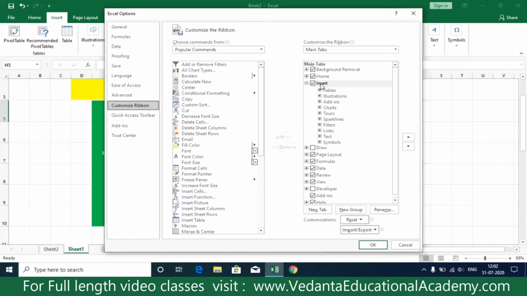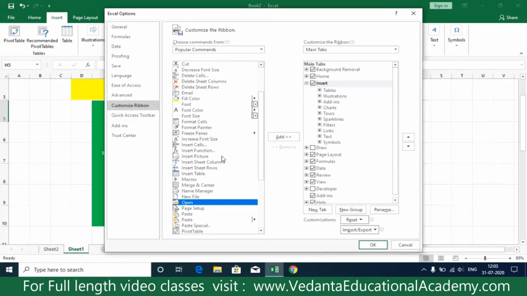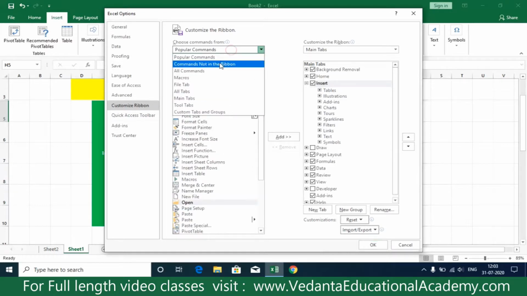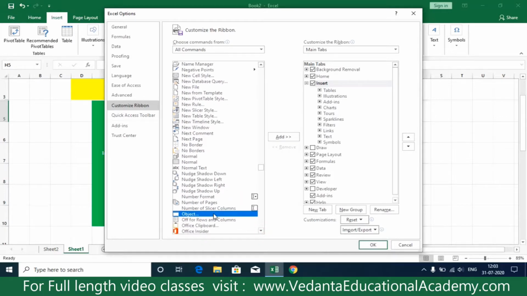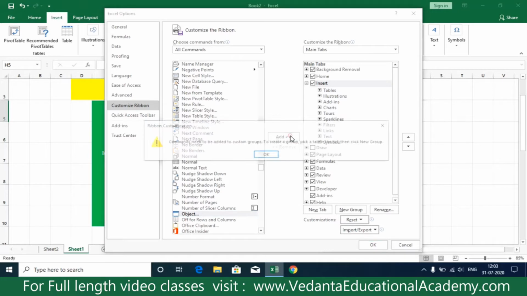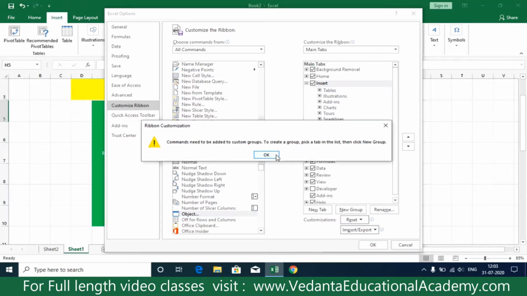Once Insert is selected, from Not in the Ribbon, or All Commands, select Objects. Once you find Objects, click on Add. Before that, select the Insert menu, then click on Add. Commands need to be added in custom groups, to create a group.